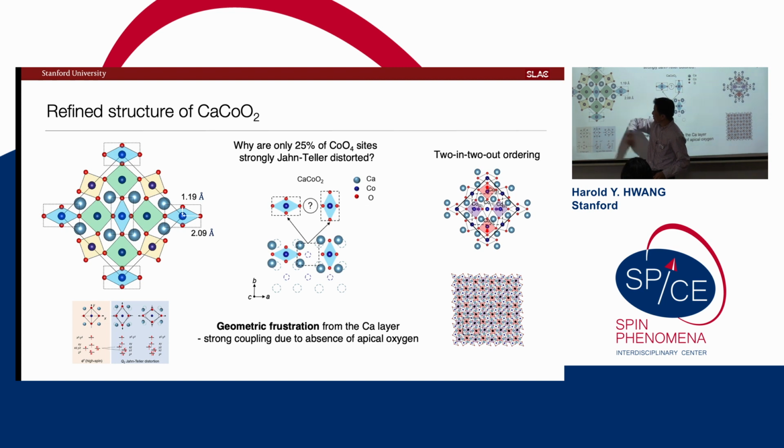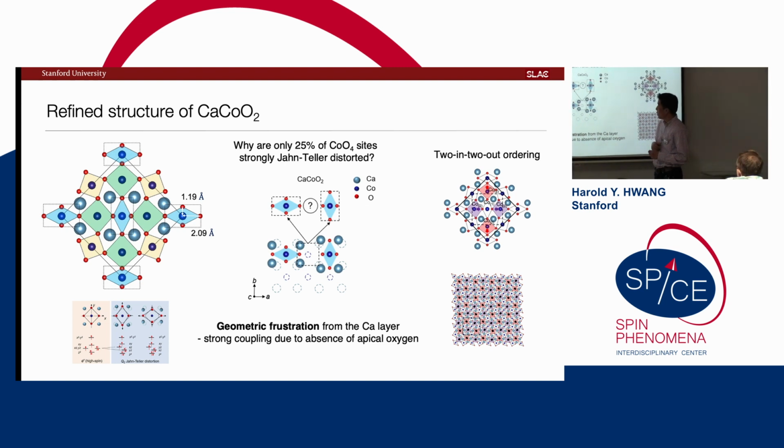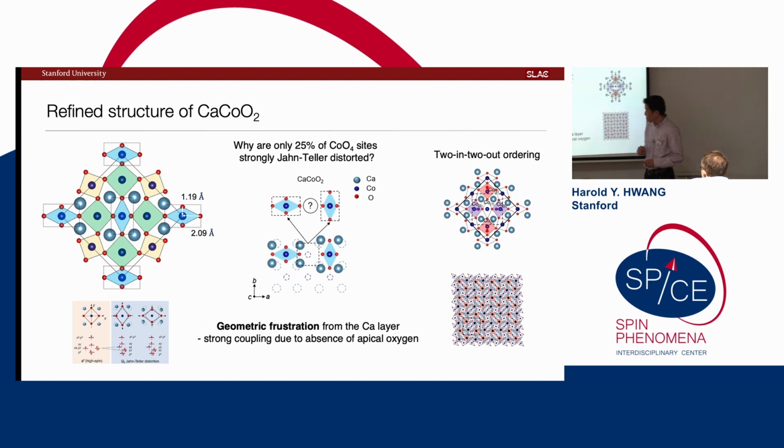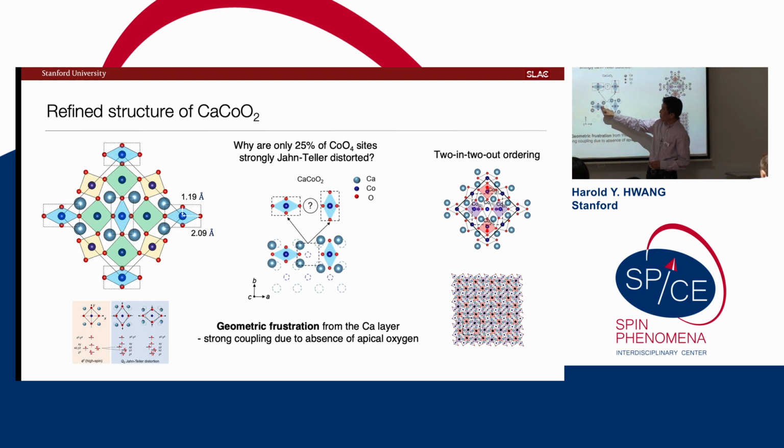So this makes sense from a qualitative Jahn-Teller story. But all this other stuff is kind of surprising. So the way I could pose the question is, why is only 25% of the sites doing what we expected? And I think it has to do with this strong interlayer coupling. You know? So the point is that Jahn-Teller stabilization of this site has pulled the calcium lattice, but that's then frustrated by the next guy, right? I can't do this side by side because the calcium either needs to squish this way or that way, and apparently nature decides to do this rather complicated thing, right?